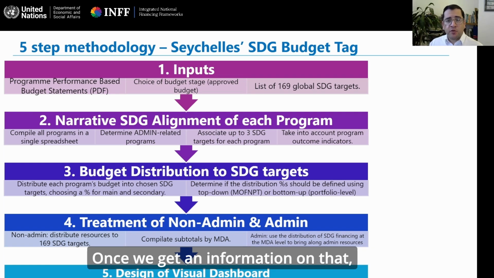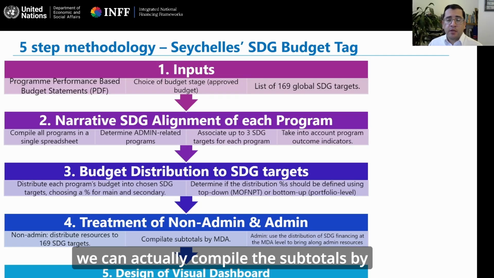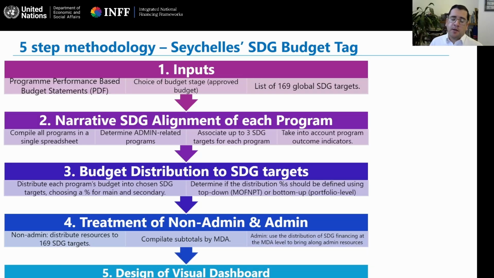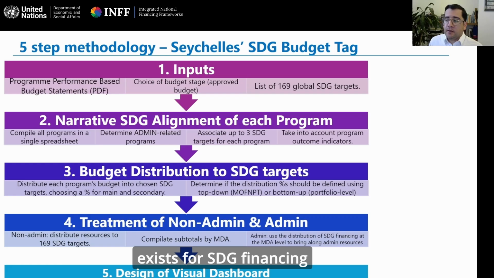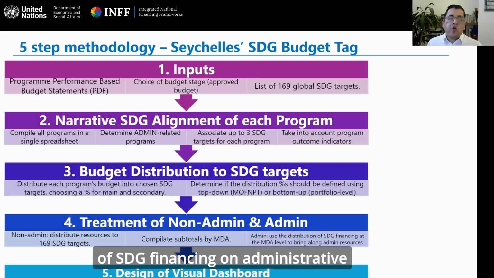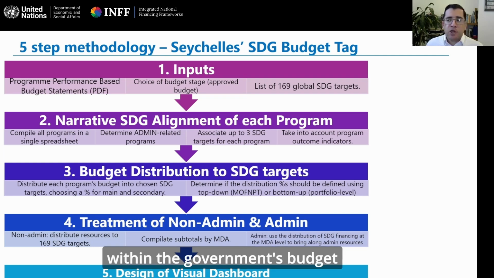Once we get information on that at the non-administrative level, we can compile the subtotals by MDA to understand what kind of distribution exists for SDG financing at the ministry level. And then we impute or attach that same distribution of SDG financing on administrative expenses, under the assumption that administrative expenses within the government's budget support